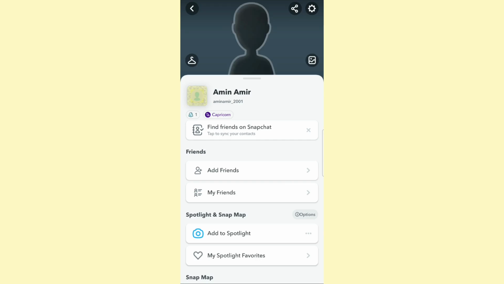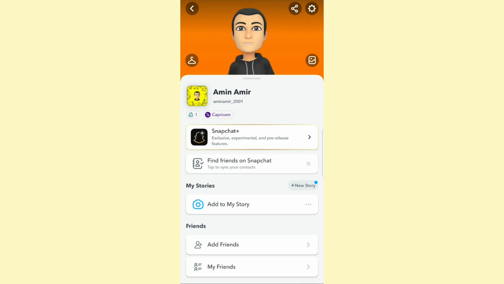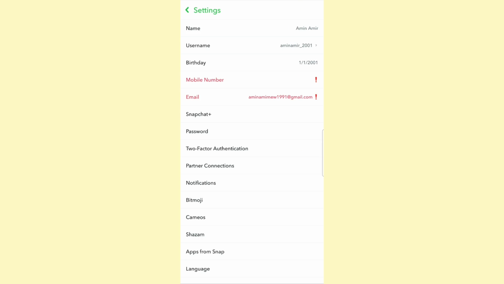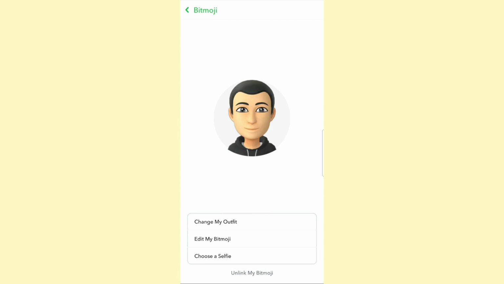So go ahead and open up Snapchat, and once you do that, click on the Bitmoji or avatar at the top left. Then click on the settings gear icon at the top right corner of your screen, and here you want to click on Bitmoji. You will land on this page right here, from which you want to click on the text